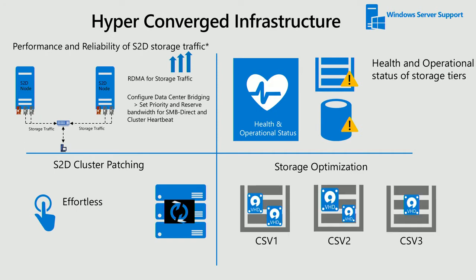Storage optimization. Now, this is a key problem that a lot of you talk to us about. When a CSV runs full, and there's no space for the VHD to expand any further, the VM stops, and that causes an outage. Nobody likes an outage. With VMM 2019, we have introduced the ability to set a storage threshold on a CSV. So when a storage threshold is breached because the VHDs are expanding,